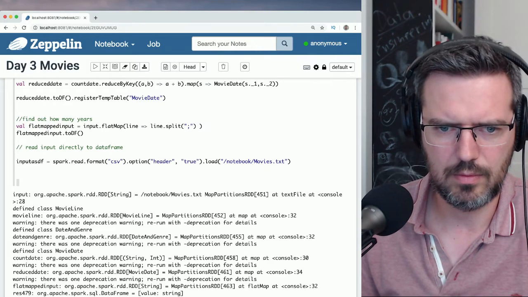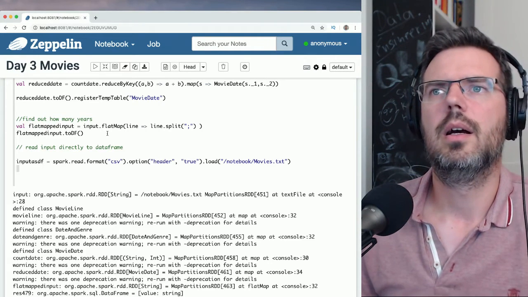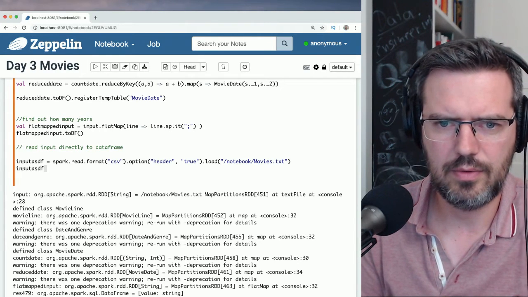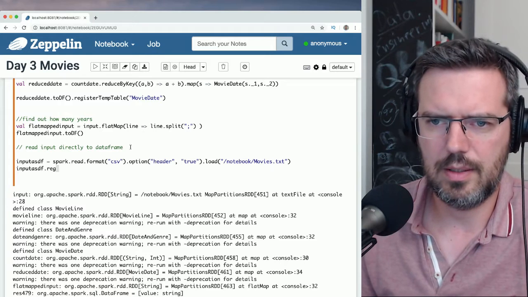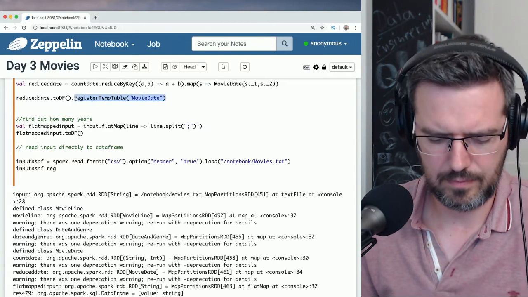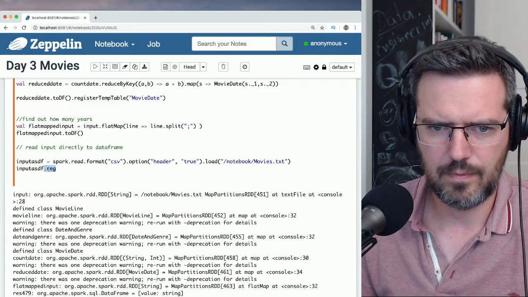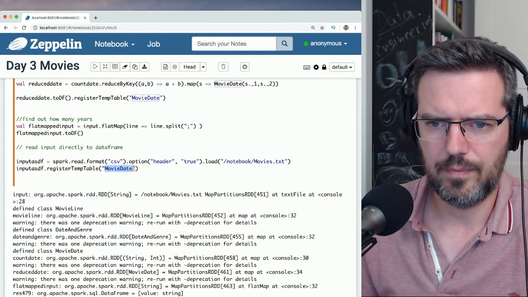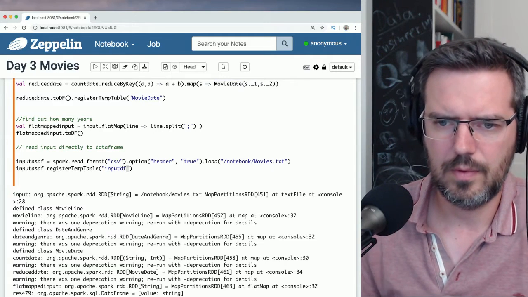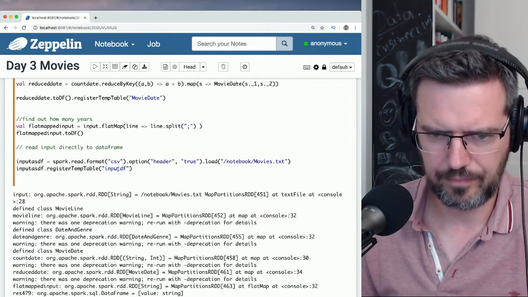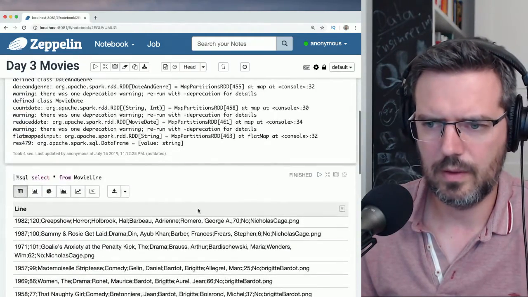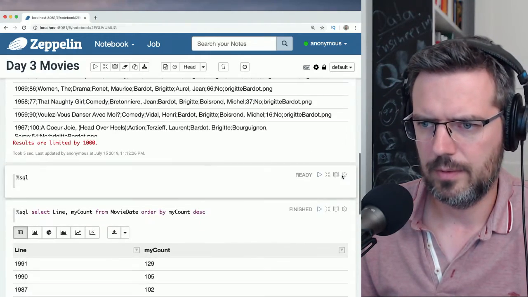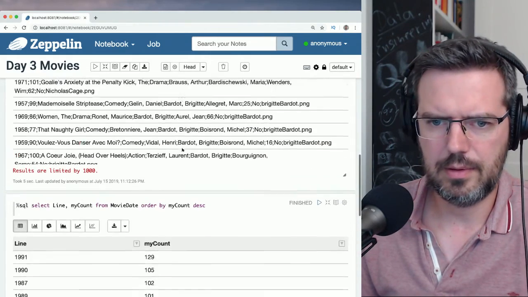Where did it go? Input as df, just a template. Input df. Let's see how this looks. Enter new. Move up.